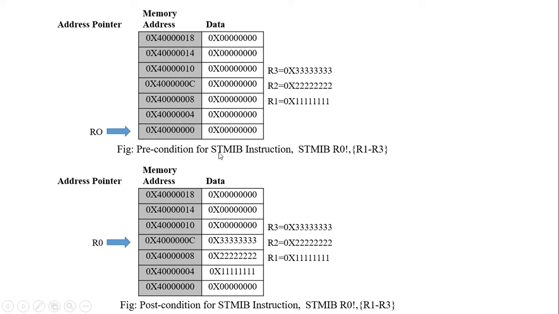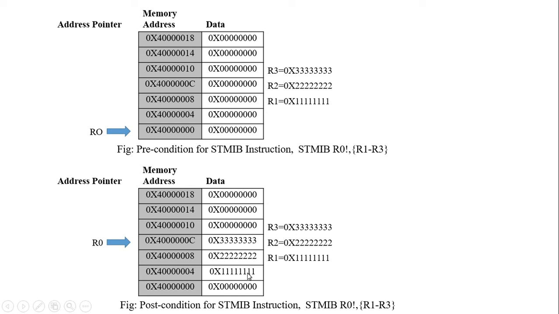So what happens if you execute STMIB, increment before? Our pointer is incremented first. So it is incremented to the 0x04 fourth location, then the data will be stored. That is the reason R1 is stored in the second location, that is in the fourth location I have